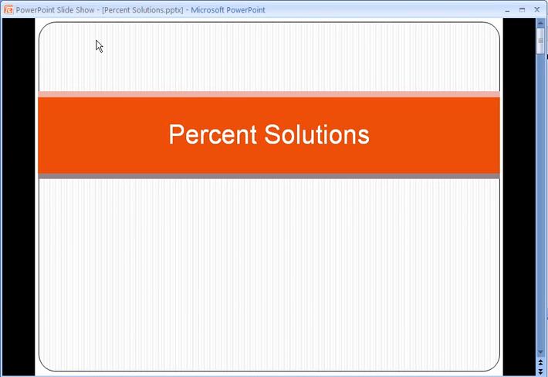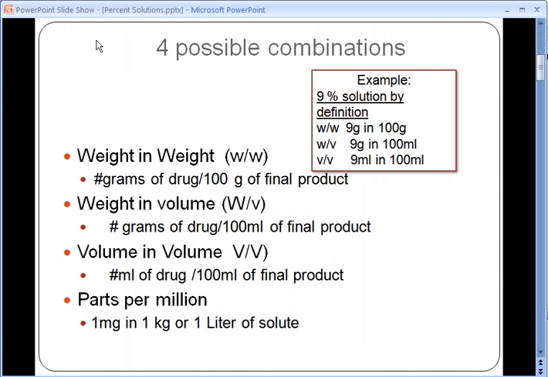Percent solutions. This little video will help you in the calculating of percent solutions or concentration problems. There are four possible ways to talk about concentrations: weight in weight, the number of grams of drug per 100 grams of final product; weight in volume, the number of grams of drug per 100 mLs of final product; volume in volume, the number of mLs of drug to 100 mLs of final product; or parts per million, 1 milligram in 1 kilogram or 1 milligram in 1